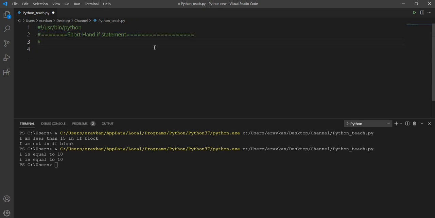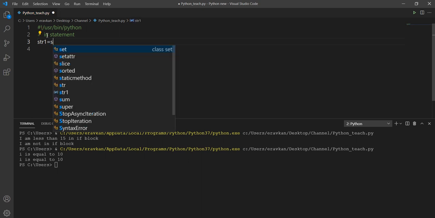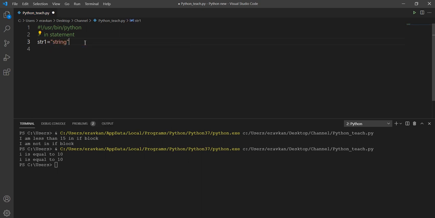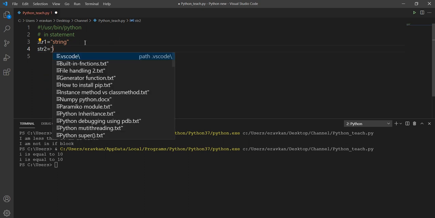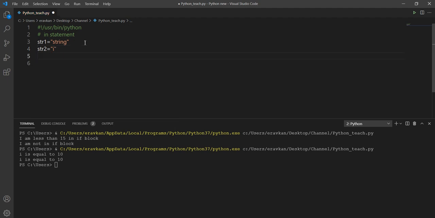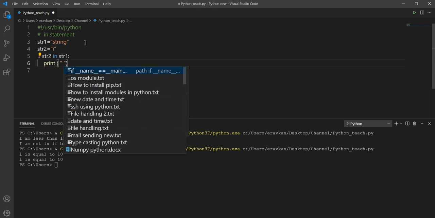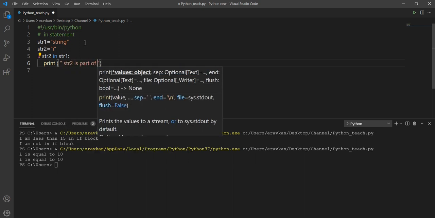Then we have one more thing. The in statement is very popular. You will see it in many programming languages. Okay, suppose I have string 1 equal to string, and string 2 I have defined, and I want to check if string 2 in string 1, then print string 2 is part of string 1.